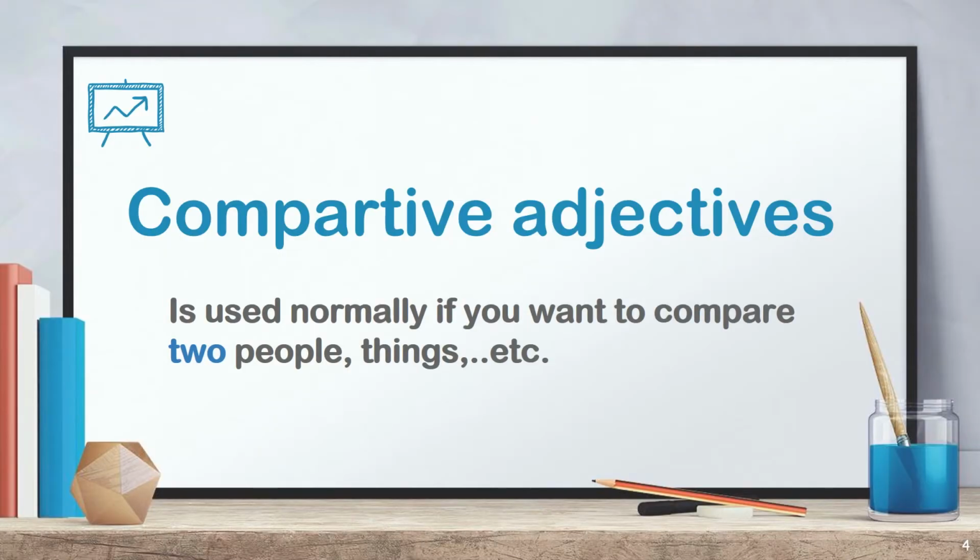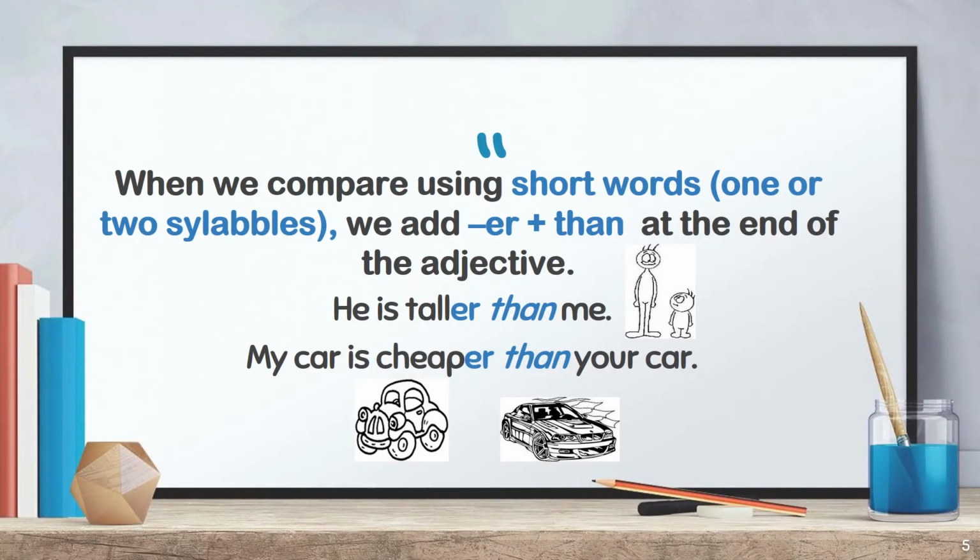Now let's start with comparative adjectives. Comparative adjectives are used normally if you want to compare two people, things, places, etc. So when you want to compare two nouns, you use the comparative. So what's the rule with the comparative adjective? When we compare using short words, like one or two syllables, we add er plus than at the end